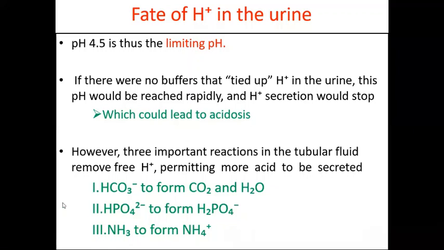Then you have the phosphate buffer. Hydrogen phosphate can also accept hydrogen ions to form acids, and you know these are weak acids, so the pH is not going to decrease so much because they are accepting those hydrogen ions. This is called hydrogen phosphate tetraoxide that can accept hydrogen. Then you have ammonia. Ammonia can also accept hydrogen ions to form ammonium. So these are the buffer systems that are accepting the hydrogen ions so that the pH doesn't go beyond,